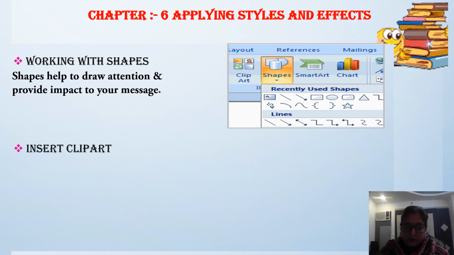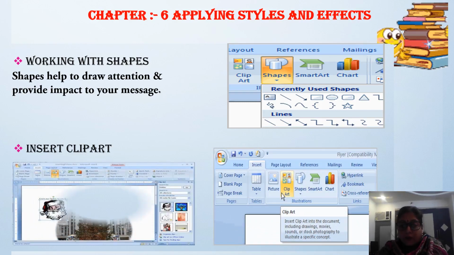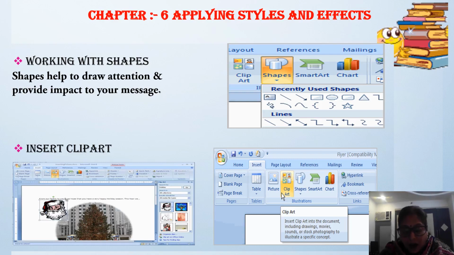Now insert clip art. What is clip art, children? Clip art galleries provide pictures that you can directly insert in a document. Okay. Now children, MS Word provides the facility to insert different objects in the form of pictures. Clip art.